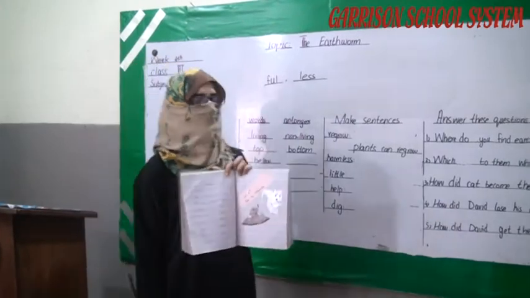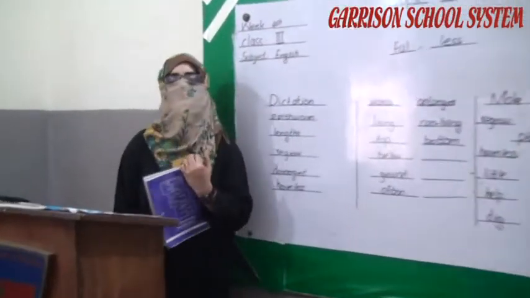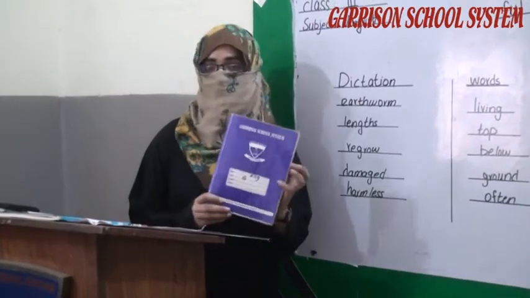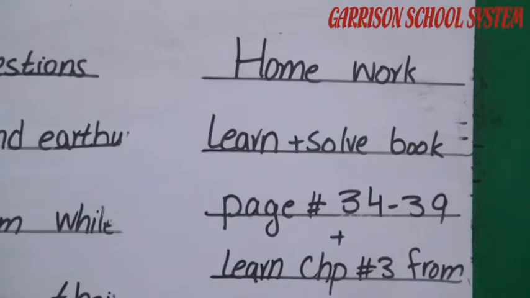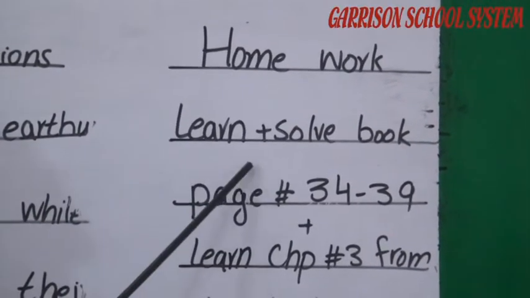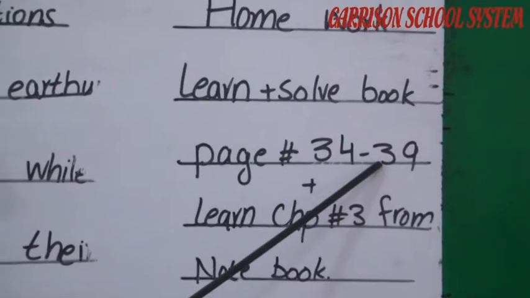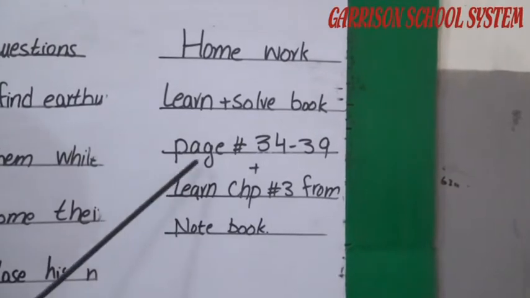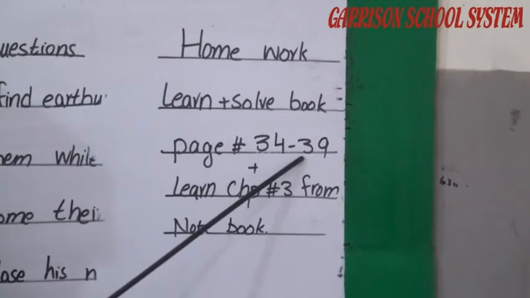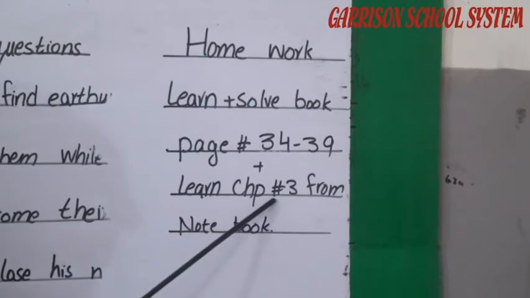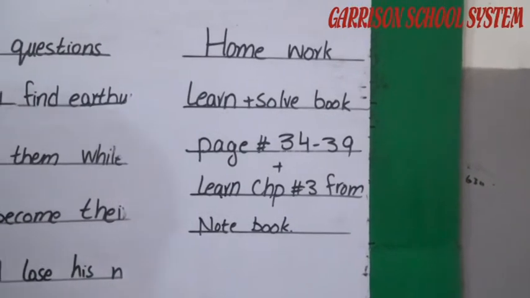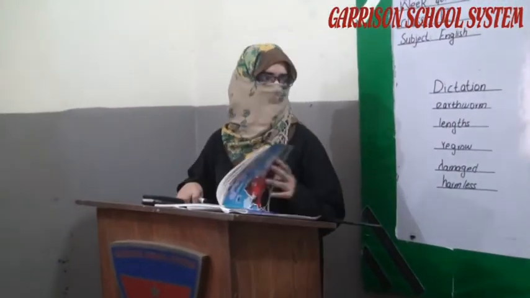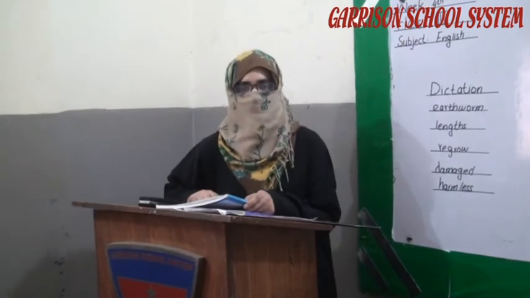Okay students, I am assigning you some tasks. You have to complete all the course book pages of unit number 3 and also the notebook work. Okay, thank you so much students. The homework task is to learn and solve book pages 34 to 39. A few of them I am solving there. Now this is a task again for you to solve pages 34 to 39. The next one is to learn chapter number 3 from the notebook, as I told you in the pages. Okay, thank you so much students. This is the task for you. You have to complete this task in the